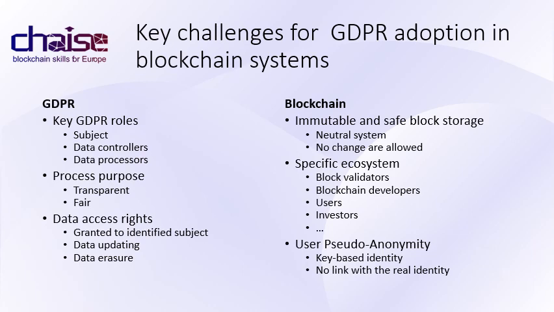Focusing on the blockchain ecosystem, the variety of roles, validators, developers, users, investors, as we've seen in the blockchain ecosystem lecture, makes difficult the identification of the responsibility chain, as all processes are heavily distributed. Moreover, the user pseudo-anonymity contravenes the accountability principle of the GDPR. So, implementing GDPR in blockchain systems requires analyzing the way key principles can be deployed in such distributed systems.